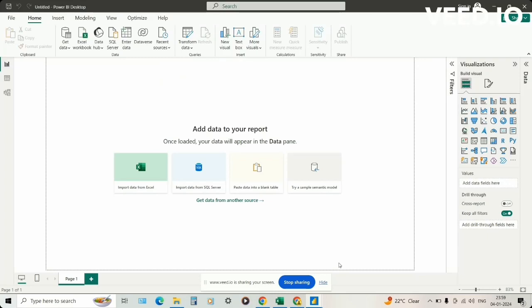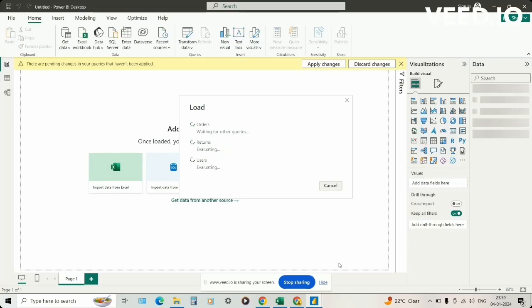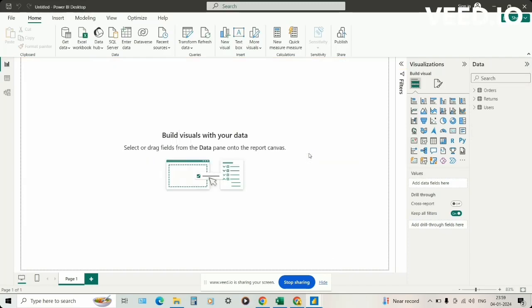After we load this, all the three sheets will be loaded as three different tables. Now, let us wait for it to load. It can depend upon the sheet size and the number of rows the Excel sheet has, so it can take from 10 seconds to even 1 minute if the data is very huge. Here our data is loaded successfully into Power BI Desktop, and it is ready to use for creating